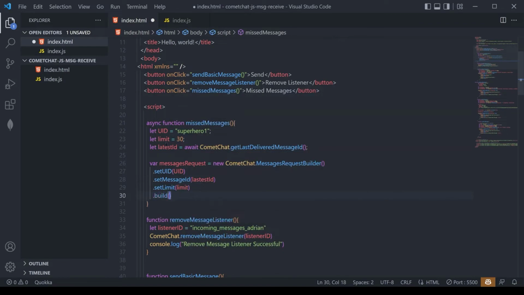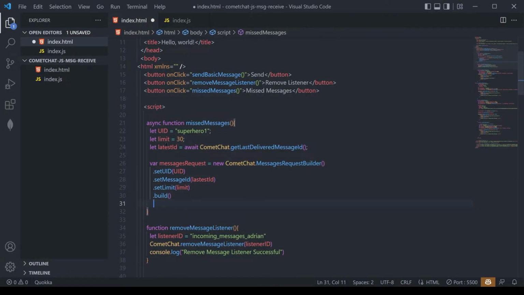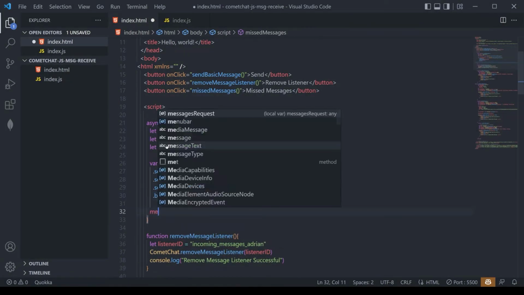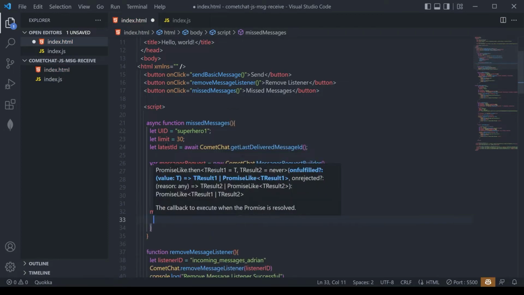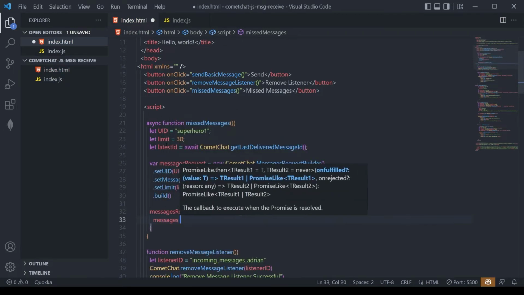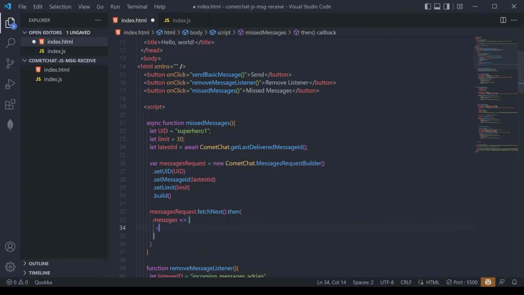Finally, we'll set the limit, which is just 30, and we'll build this message request using the message request builder. We can now call it. So let's call message request.fetch next. Then we're going to pull the messages that get pulled out. There are multiple messages here as an array, and we're going to console log them out just to view them